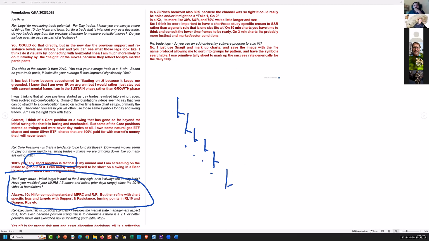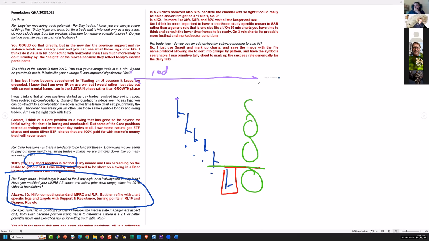Whatever the 10 day high is, wherever that is, maybe it was here, the reward to risk ratio for me is always this compared to that,